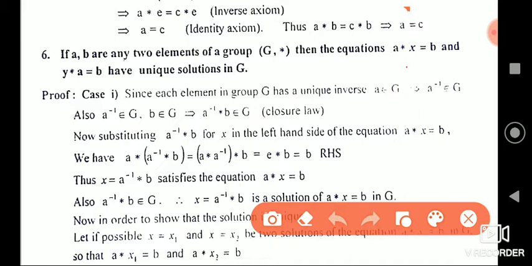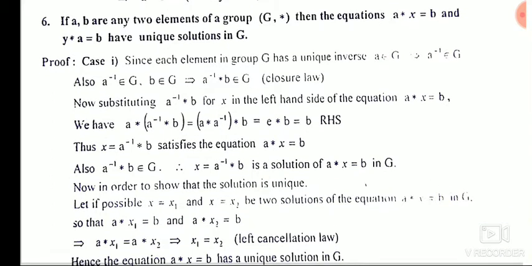In the same way, if you have Y star A, that is, Y is now the variable on the left-hand side, Y star A is equal to B, then there should be a unique solution for Y. This is actually normal, to have a unique solution in all your real space or complex space. But because this is a fundamental theorem, a fundamental identity, we are going to prove each and everything. That uniqueness also we are going to prove here. So first we'll prove A star X is equal to B has a unique solution. The first thing we have to show is that there is a solution. Then we have to show the solution is unique.